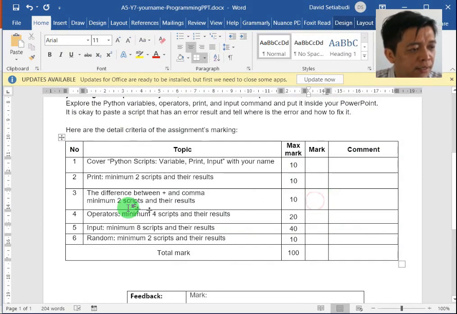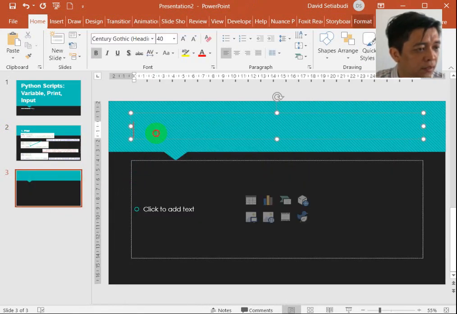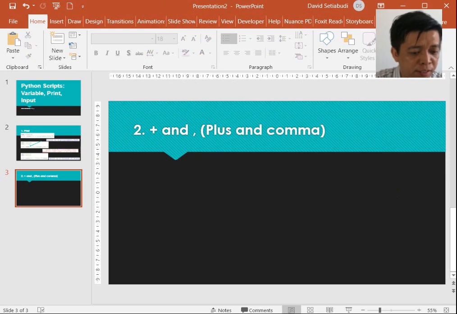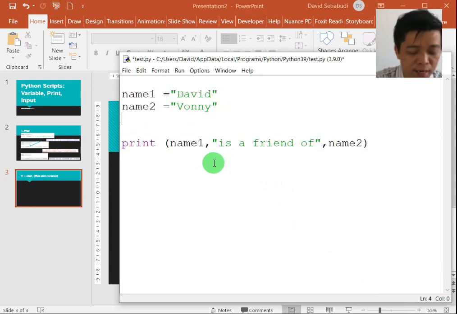Now, the next one is the difference between plus and comma, minimum 2 scripts with their results, okay? Now let's do this. New slide. Okay. Plus and comma. Okay. So what is the difference between plus and comma? Let's say I'm changing this one into, or let me do like this, and item 2 item is